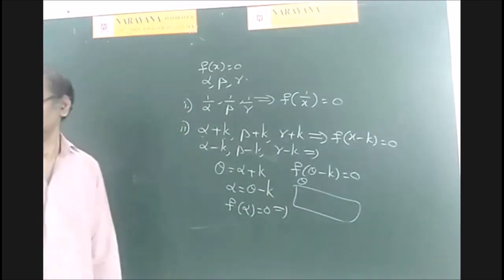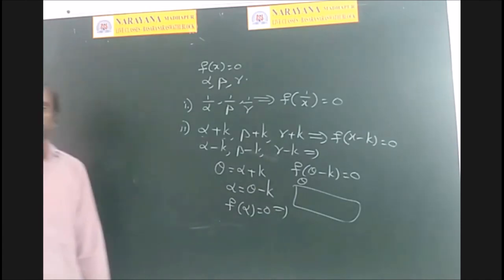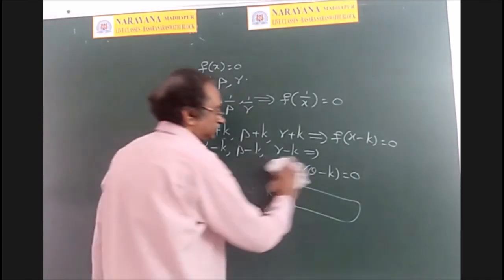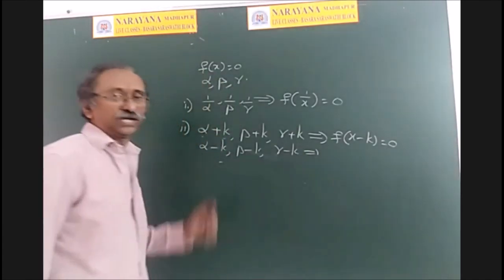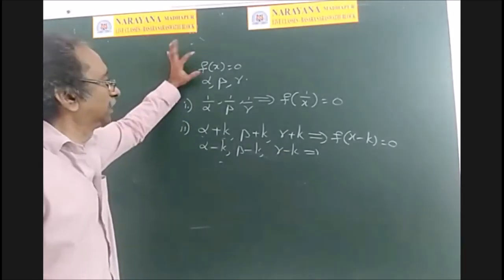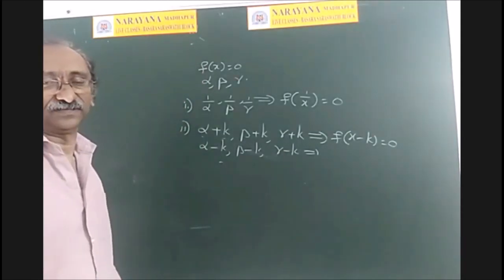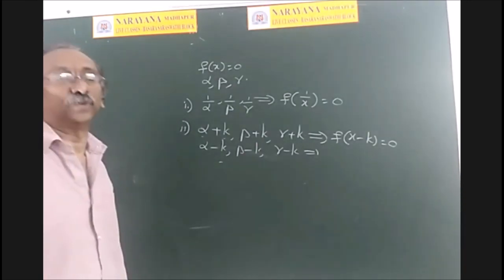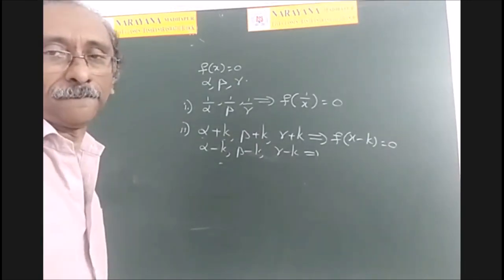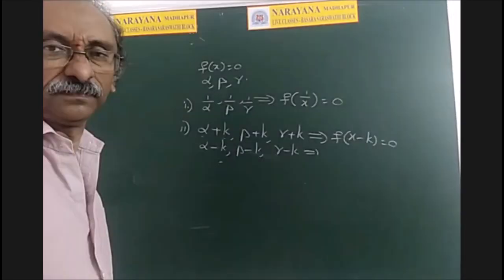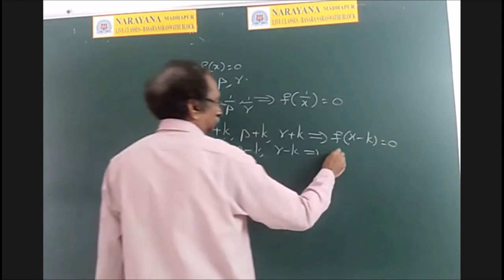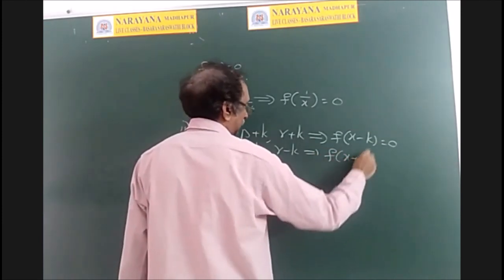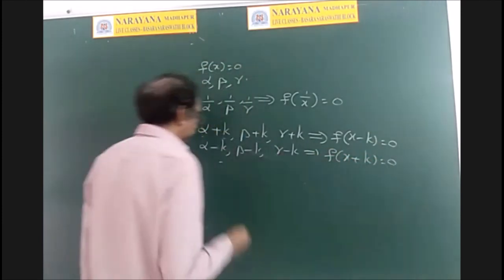Now you know that. So what is the cubic equation whose roots are these? Originally it is given alpha, beta, gamma are the roots of f(x) is equal to 0. Now tell me what is that equation? So raise your hand. Sai Charani: Sir, f of x plus k is equal to 0. f of x plus k is equal to 0. Now you only tell that.